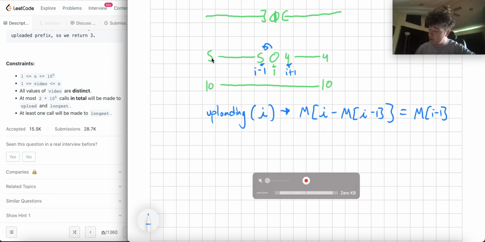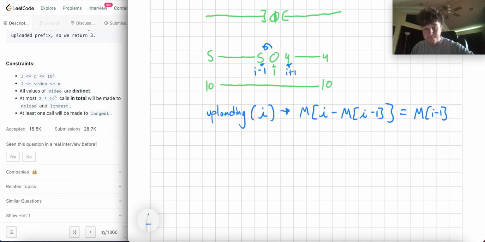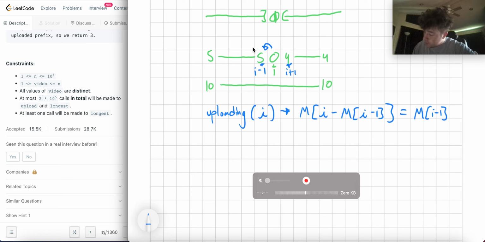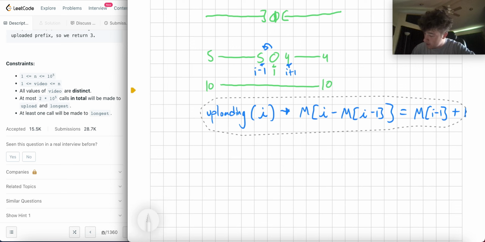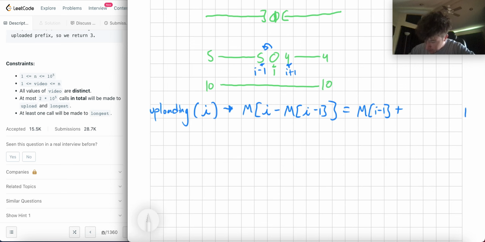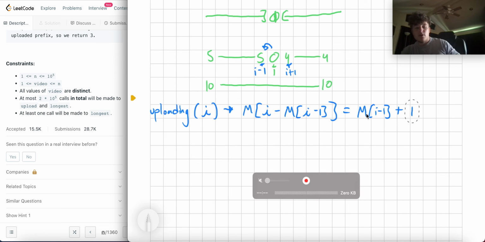Well, how do I know that? Well, the new value is going to be what it used to be plus 1, because plus me. And I'm going to move this over so we can put this all in one line just because it's already way more confusing than it needs to be. Right? So now on the new edge, I'm uploading to be 10. Its length is what it used to be, 5, because it's still 5. I'm not making anything 0. Plus 1 to think about me because I'm adding me to the equation.